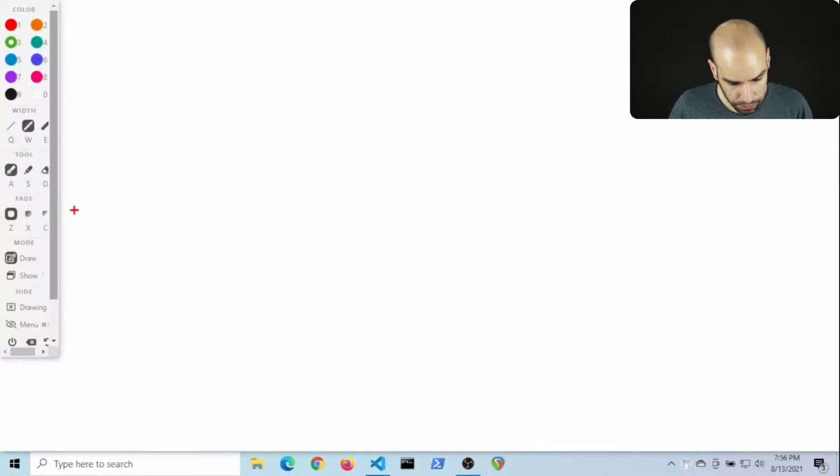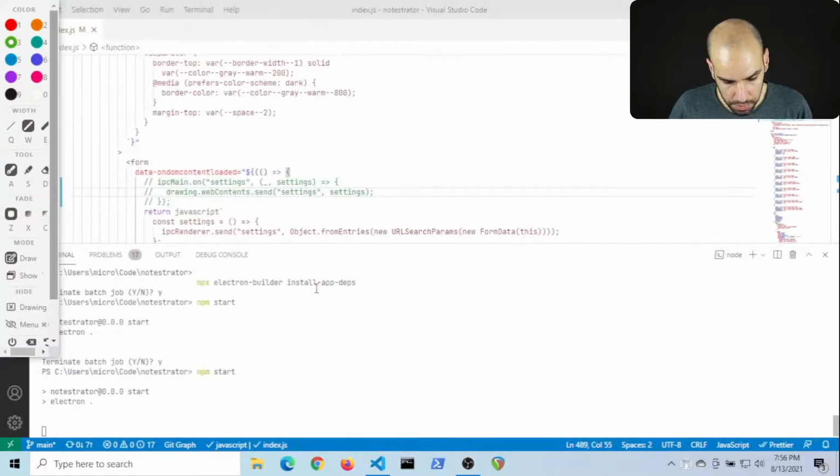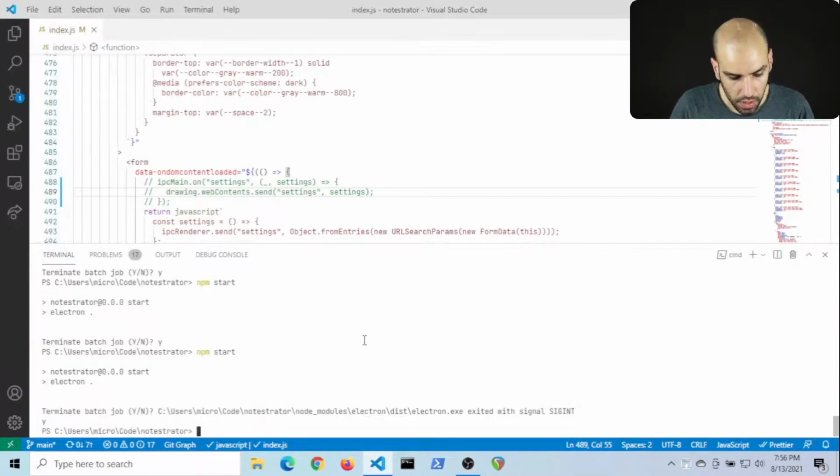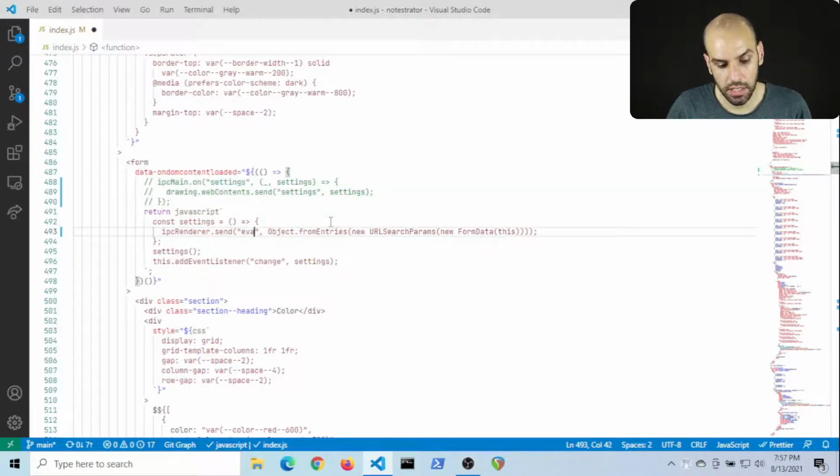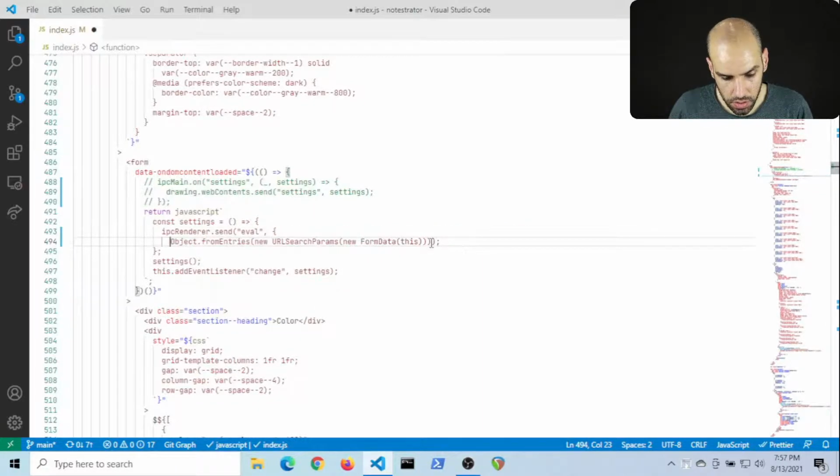So, how do I quit my app? Like this. Now we have everything in place, and instead of sending the settings event, I can send the eval event, and the eval event needs to receive 2 arguments.